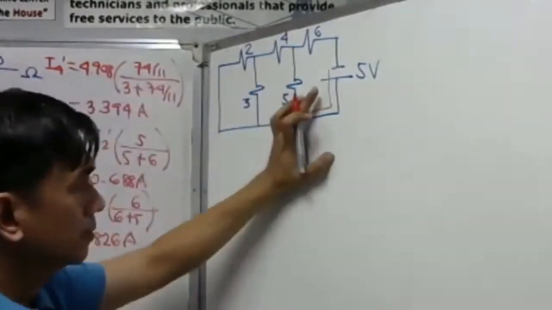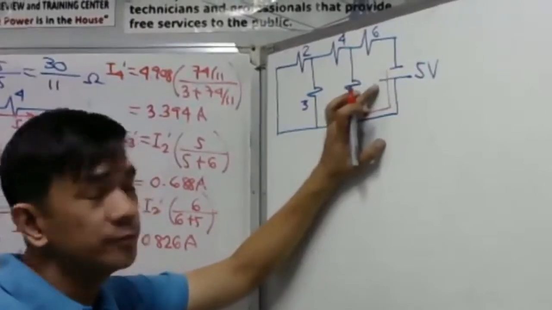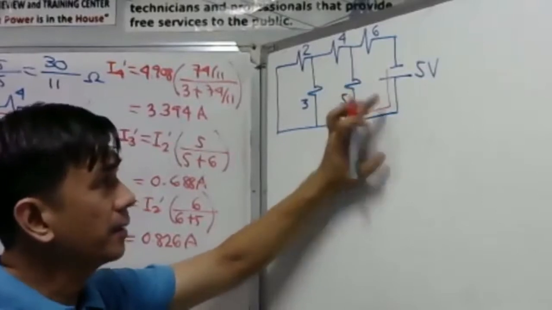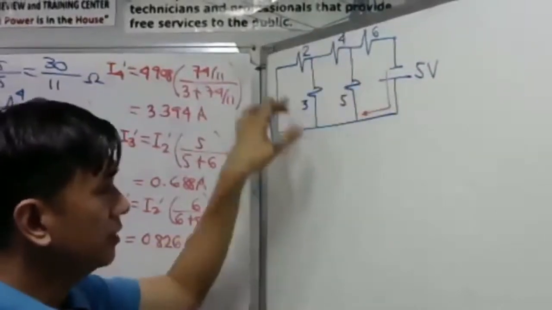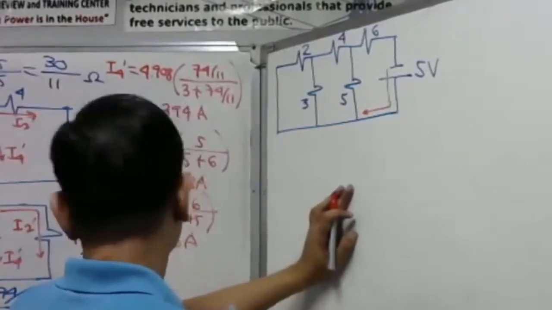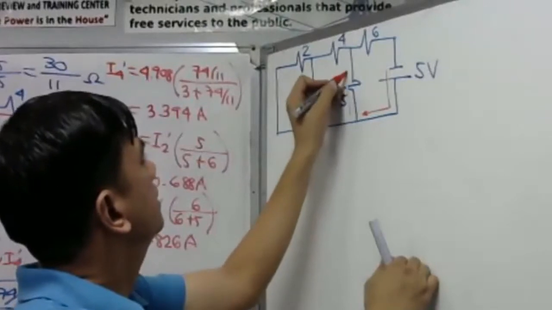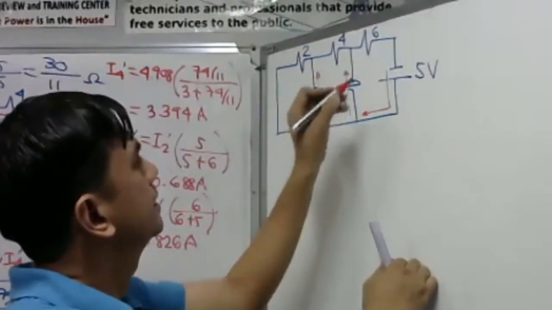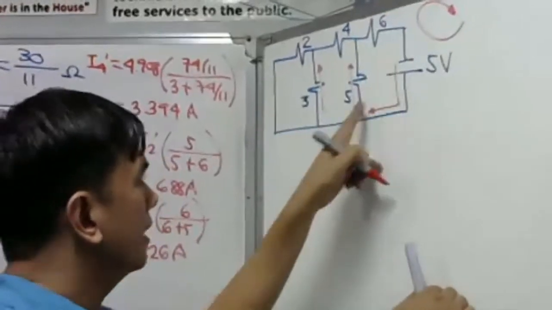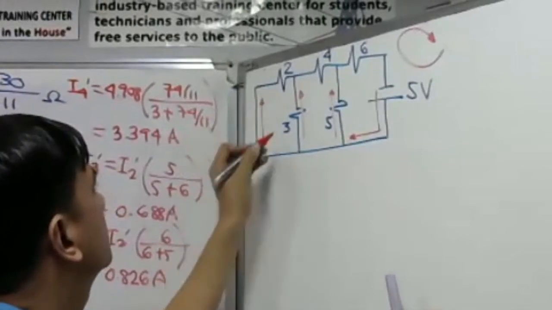Remember, we are going to assume here. We have to follow the conventional flow of current, from positive to negative. That will be clockwise direction. So I will put the current here. These are the branch currents. If you have to trace, that should be in a clockwise direction. We have that direction, and you have to follow that here.